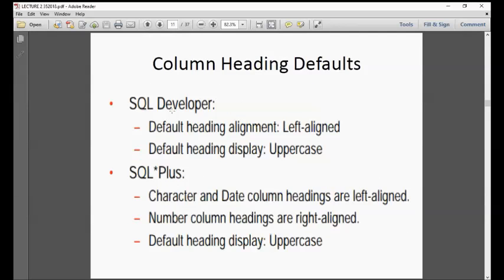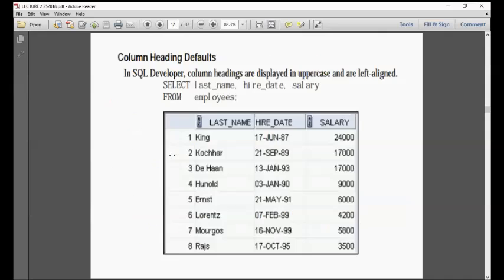Now column heading defaults for SQL Developer, it's left aligned. For heading, it's uppercase. Now for SQL*Plus, the command line interface, it's left aligned, right aligned, uppercase. So simple. So let's see. Let's try this one. Column headings are displayed in uppercase and are left aligned.